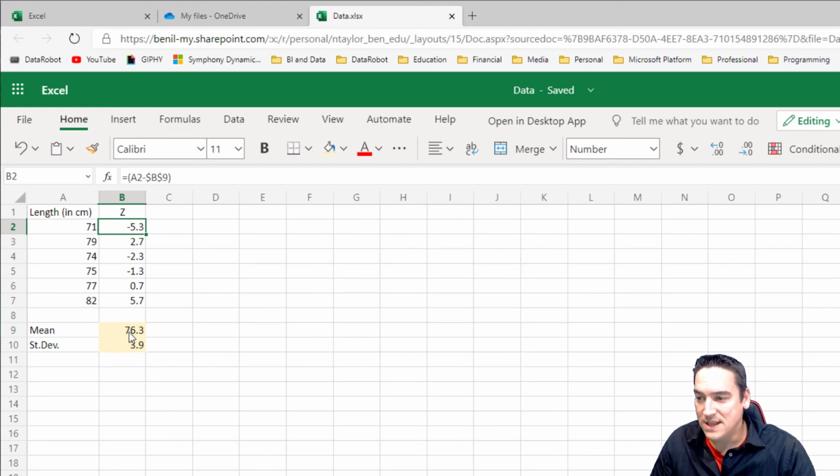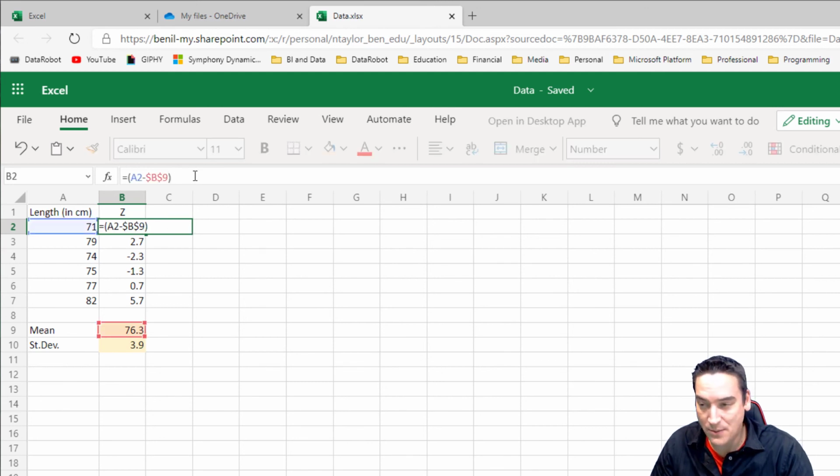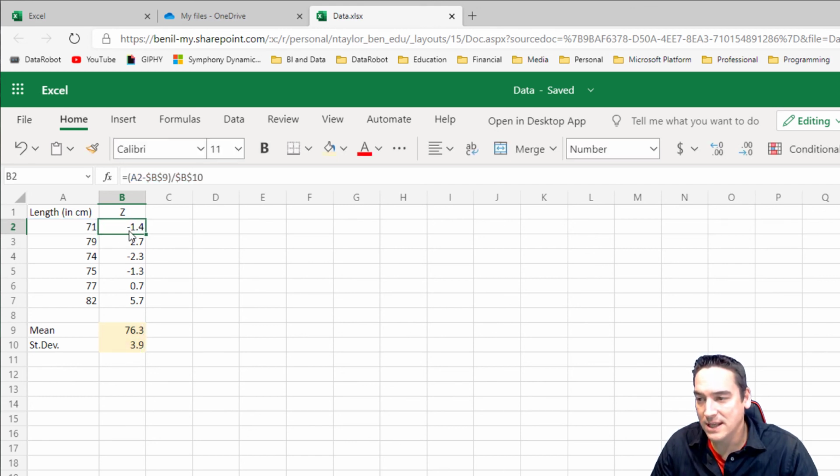The difference between 76.3 and 71 is negative 5.3. That looks good. And then the other thing that I want to do is I want to divide that number by the standard deviation. So I select that here. And again, I don't want this to move when I copy my cell references, so we'll put a $ sign before the column letter and the row number. All right, and then I can select the bottom left and copy it all down. So this gives me a z-score, which really just tells me how many standard deviations away from the mean is